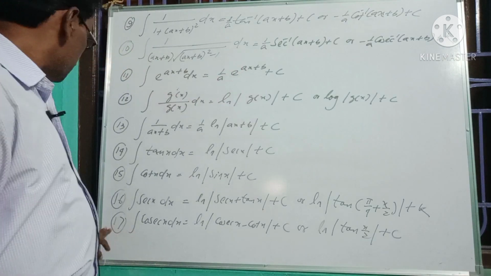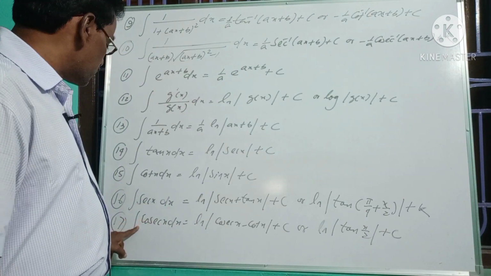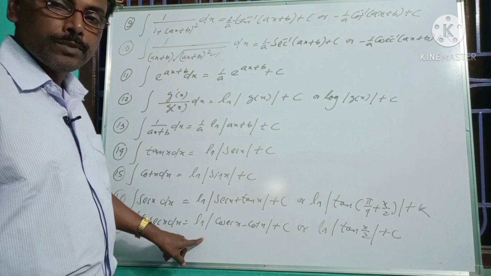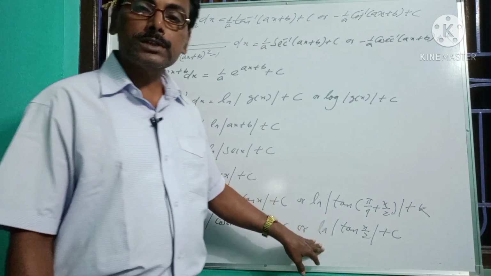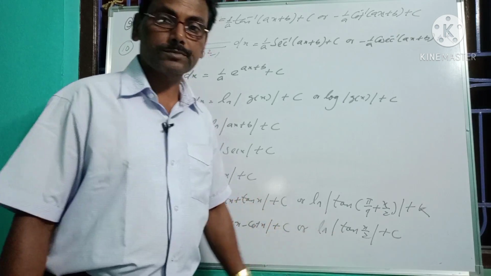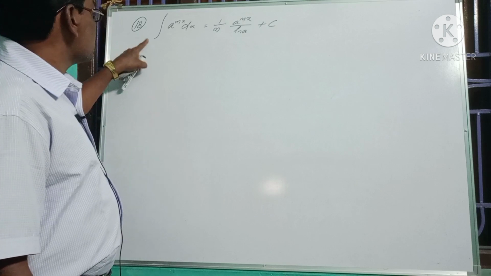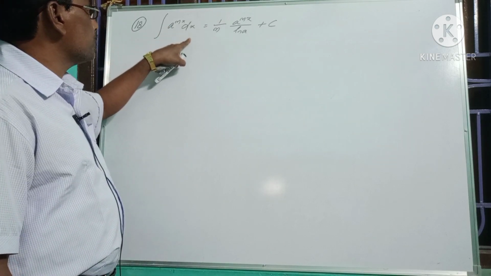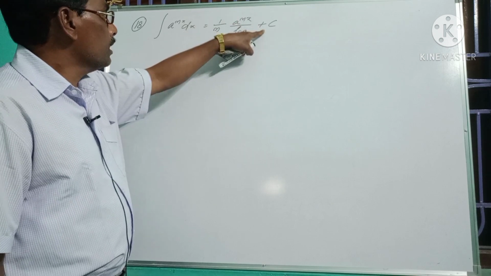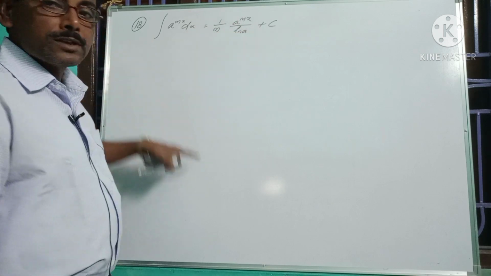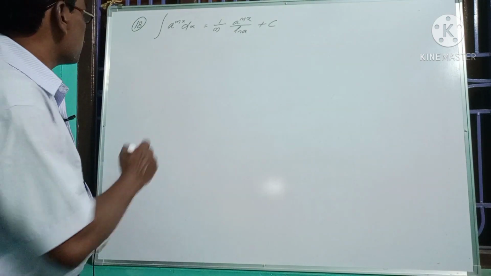Then in the 17th we have derived integration of cosec x with respect to x, which is equal to ln of mod cosec x minus cot x plus c, or ln of mod tan of x by 2 plus c. Next is the integration of a to the power mx with respect to x, which is equal to 1 by m into a to the power mx by ln a plus c. This formula was not derived in the last class, so today we have to derive it. So let us derive this formula